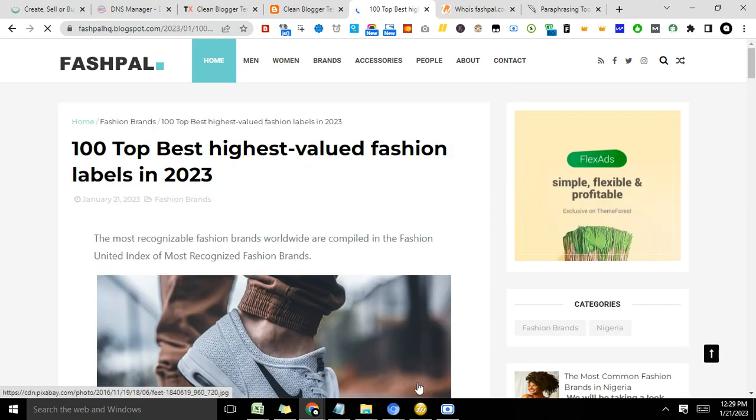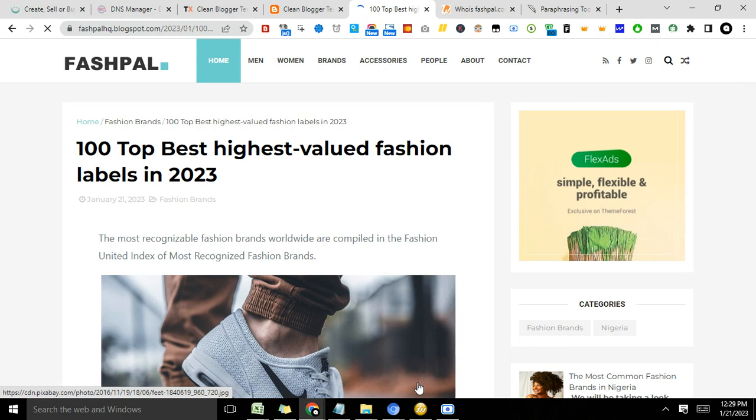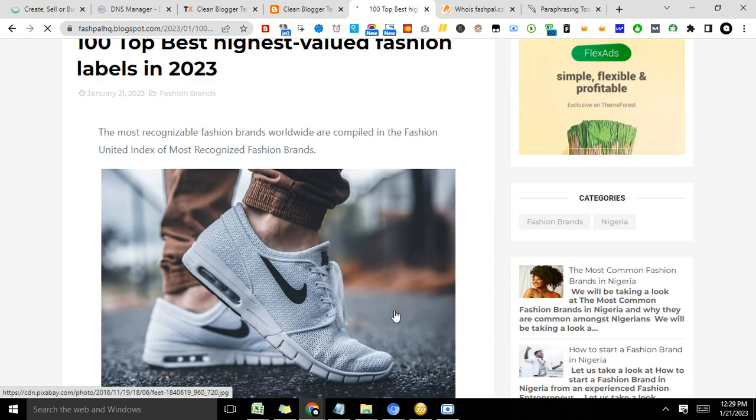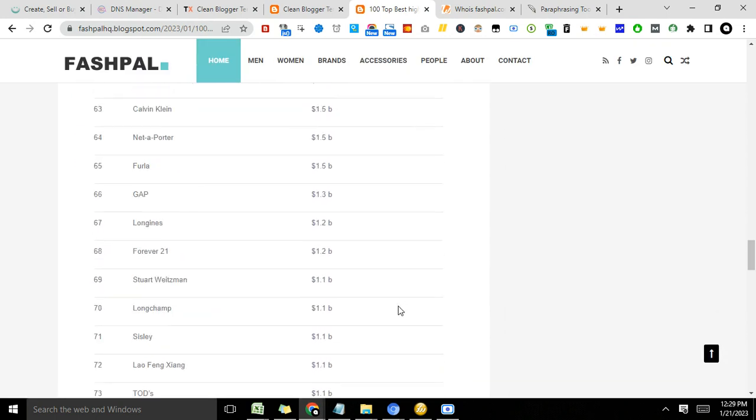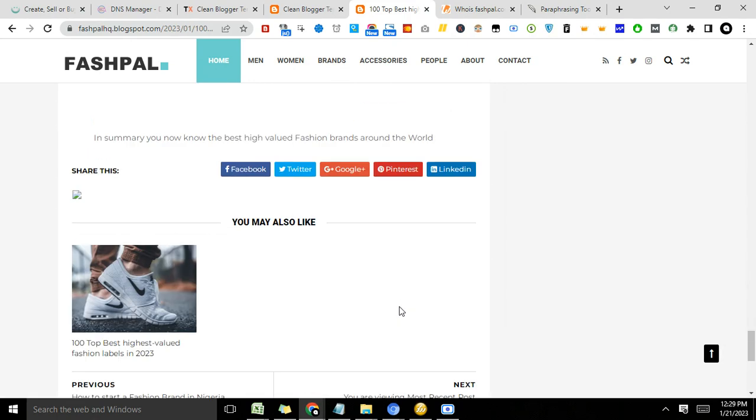Once you're done with that, you have quite a sizable number of content, maybe 15 or 30. That can be done in a day because you're just copying, paraphrasing, publish. Once you're done with that and your domain is connected properly and all the pages are created, all you need to do at that point is to apply for Google AdSense. And there is an easy way to achieve that from your dashboard,